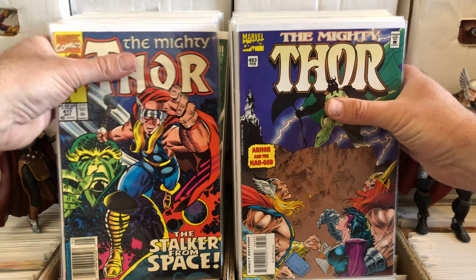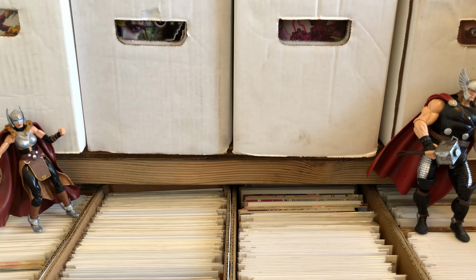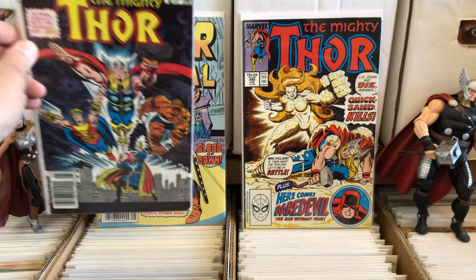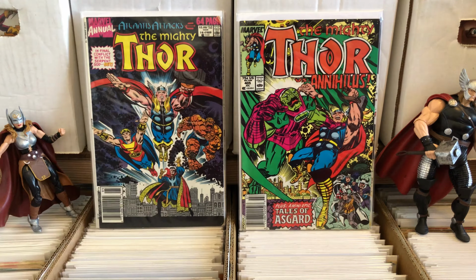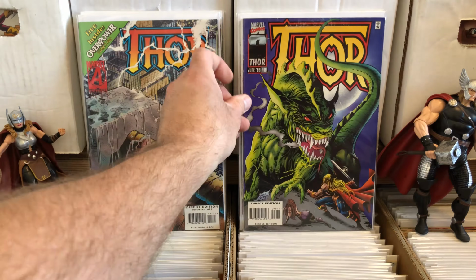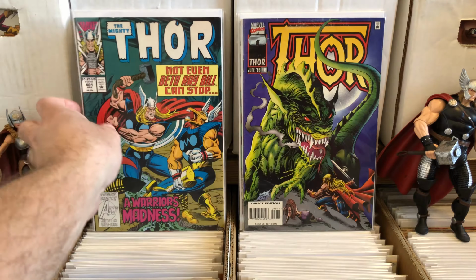All right, I'm running out of space here, so I'm going to grab these, toss them in the box, start taking a look at some of these others. That's a pretty good cover, like that Thor annual cover. Issue 405, Annihilus. I haven't read that one, but I've seen that cover a lot. That's like a classic Thor cover. Anytime you put a dinosaur or a dragon or something on a cover,